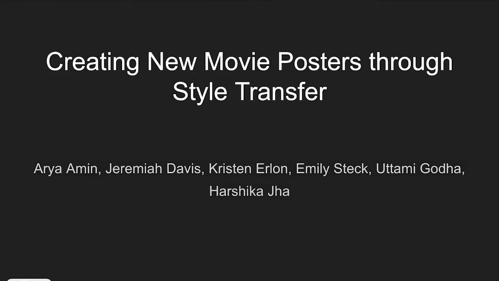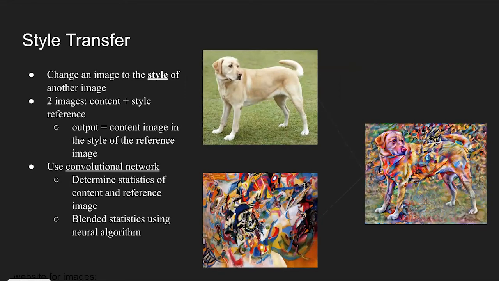Hi, so our final project on 460J was creating new movie posters through style transfer. The process that we used was style transfer, which is a computer vision technique that basically takes two images, a content image and a style reference image, and blends them together so that the resulting output image retains the core elements of your original content image, but then appears to be painted in the style of the style reference